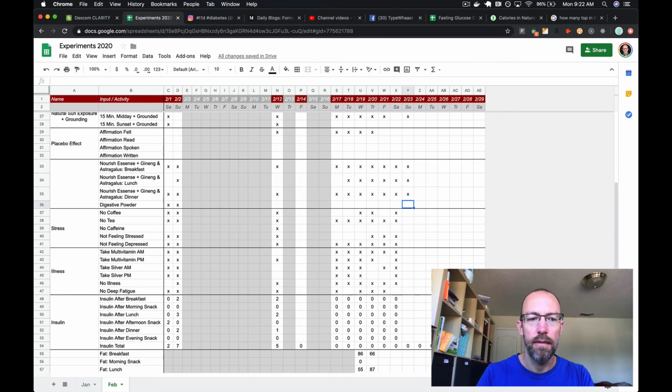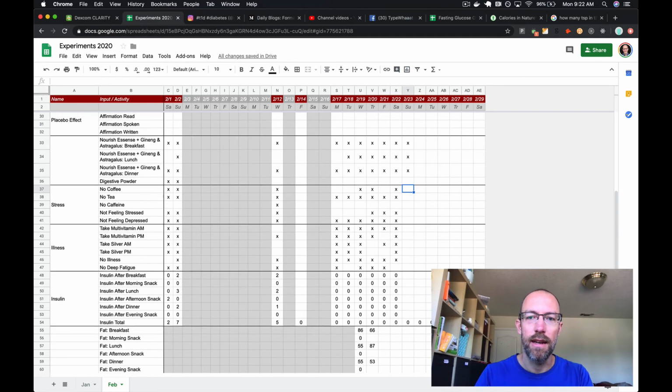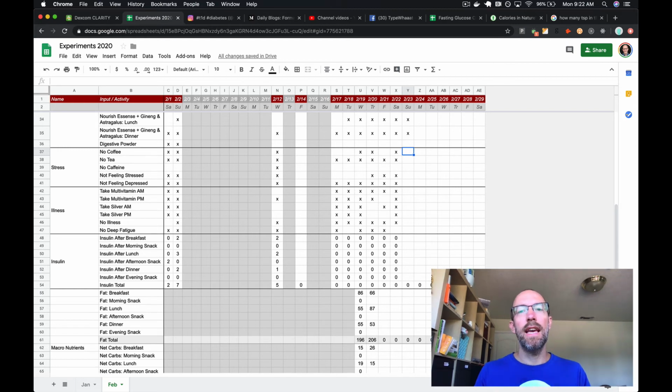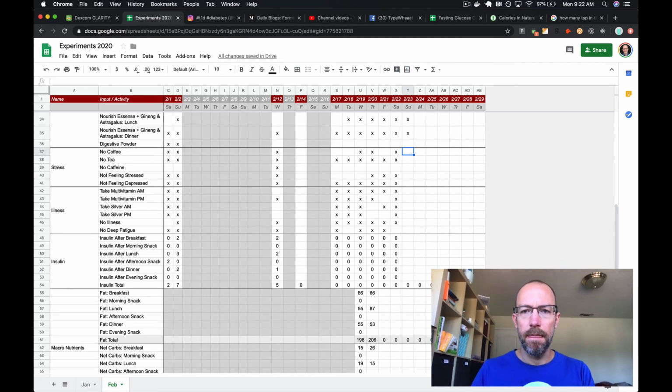I got my digestive powder, but it's the one that has added sugar to it, added sweetener. So I'm working with my doctor to not get that, because I don't want to have to deal with those carbs. Like, those are just taste. That's just for taste for people that need a sugary medicine. And I don't want to have to add those carbs into what I'm doing, because that means I have to either take insulin or exercise after taking it. And I'm not planning on working out every day. So